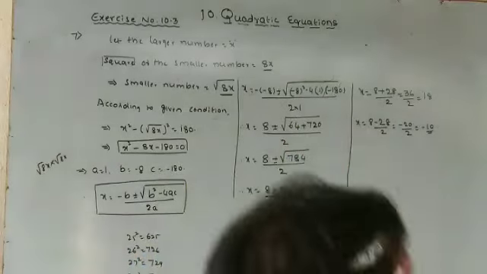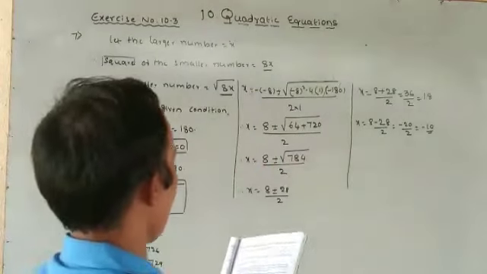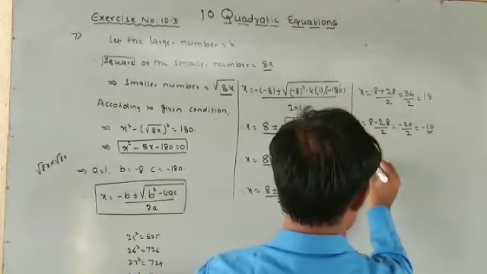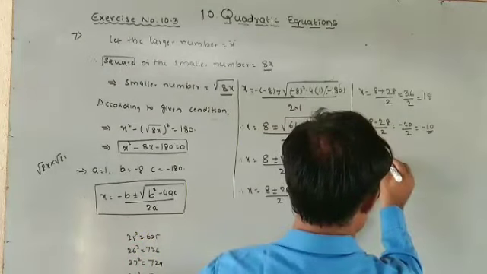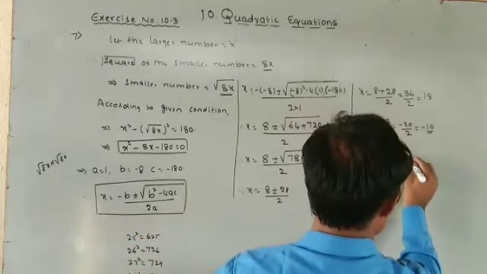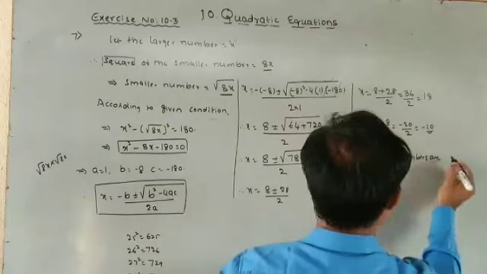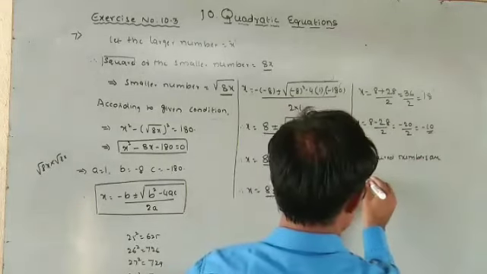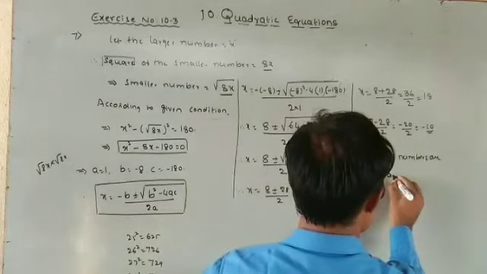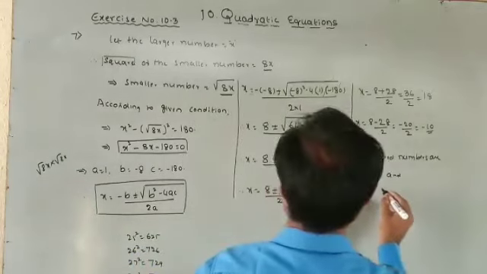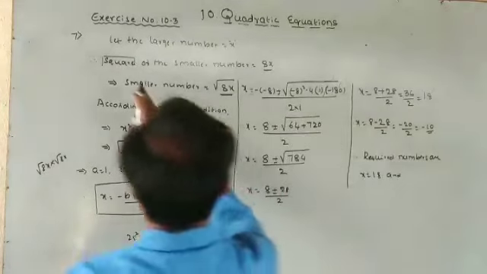What are the numbers? Therefore, the required numbers are, first one x, that is equal to 18,